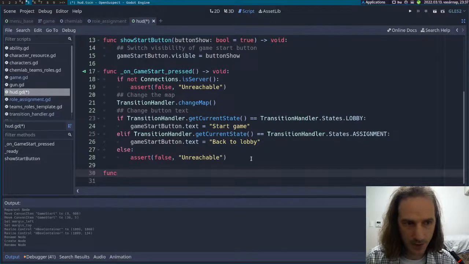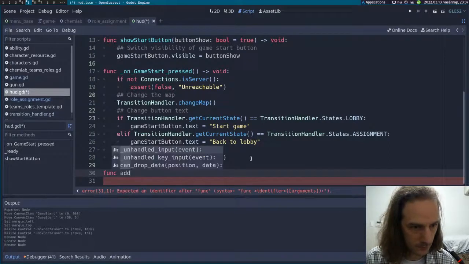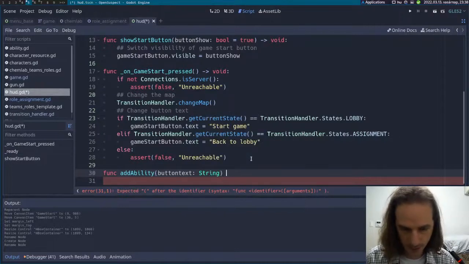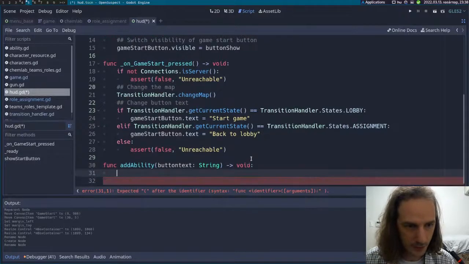And maybe we just have a function for add ability. Button text will be a string. We'll return nothing, and what we'll do is